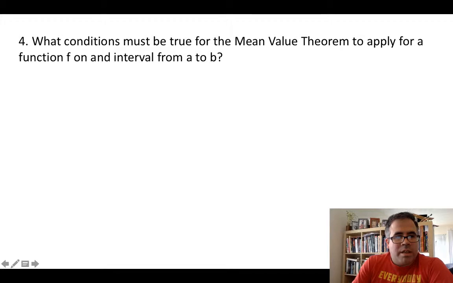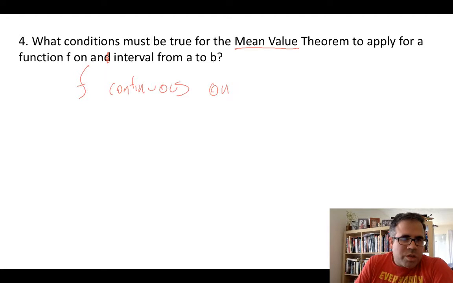Great. Now we've got conditions. What conditions must be true? So this, we're going to need some words here. For the mean value theorem to apply for a function on an interval from a to b, f must be continuous on, and this is semi-important, the closed interval from a to b,